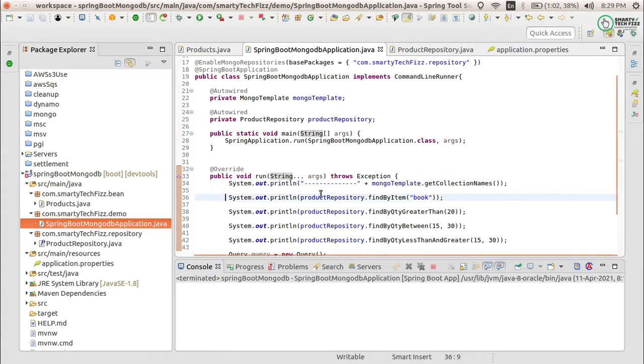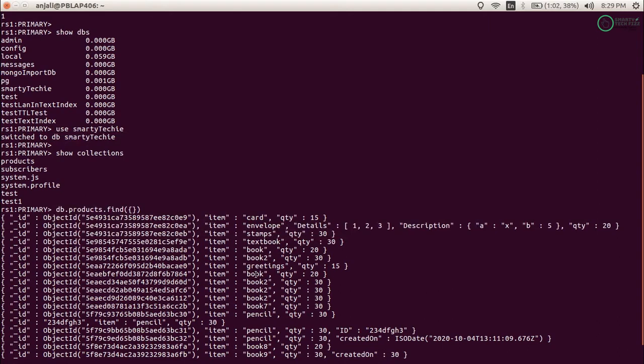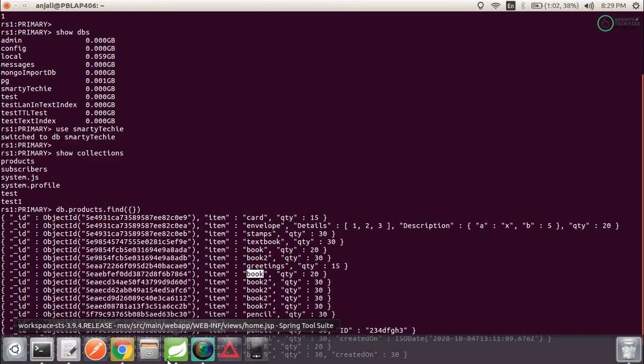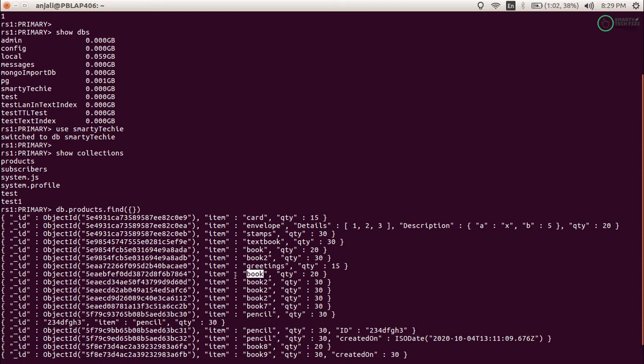So what I want is to get the data having the item as book. Either you write the query as find item colon book, then it will give you the output with all the result set which has the item as book.